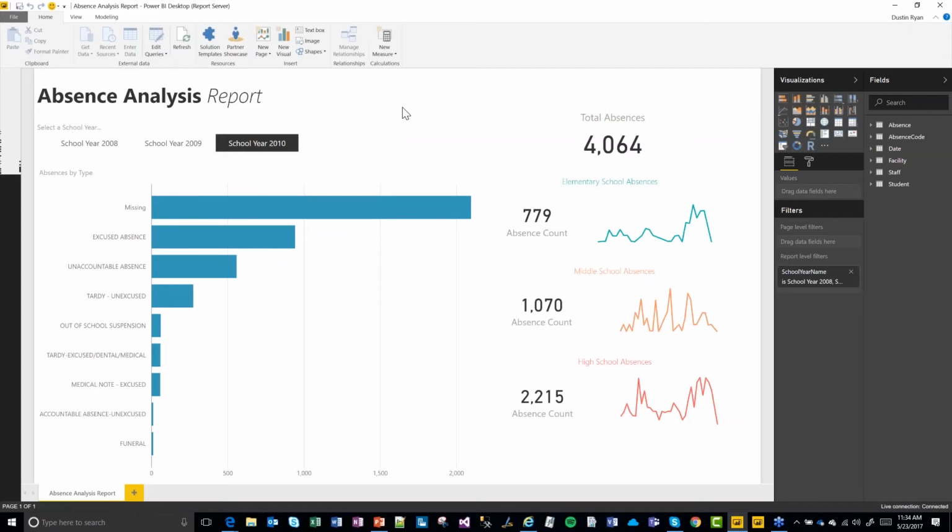And I've already created this nifty little dashboard, or report, that's based on some absence data. You're probably already familiar with Power BI Desktop. The data source for this is a live query connection to a SQL Server Analysis Services tabular model.